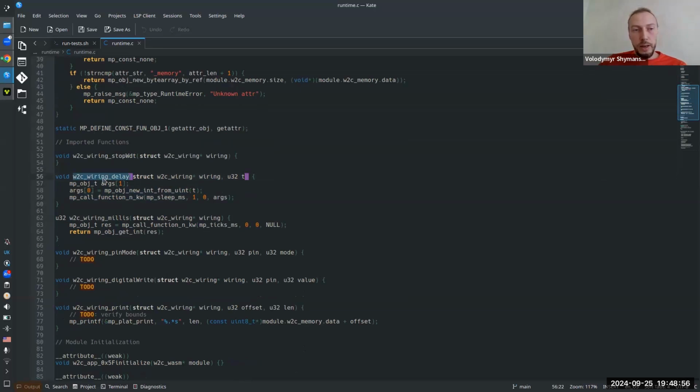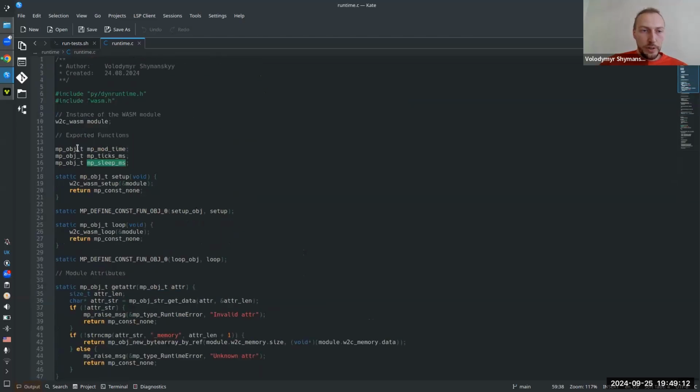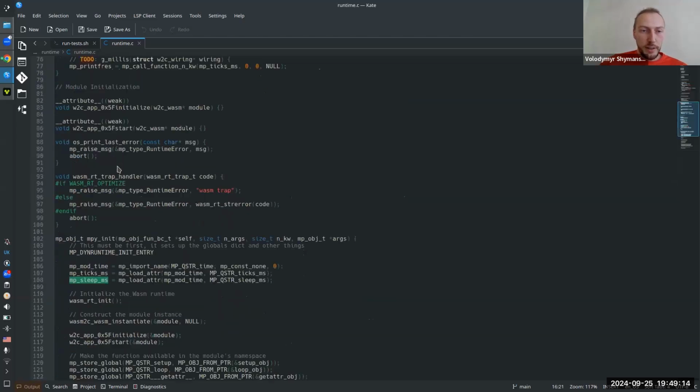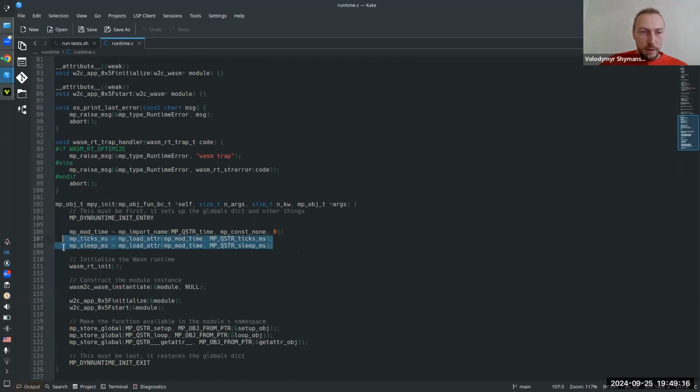So you can see that when the wasm app is trying to call delay in the wiring module, I'm forwarding this call to the MP sleep MS function, which is an object that I got from the time module, which is imported.